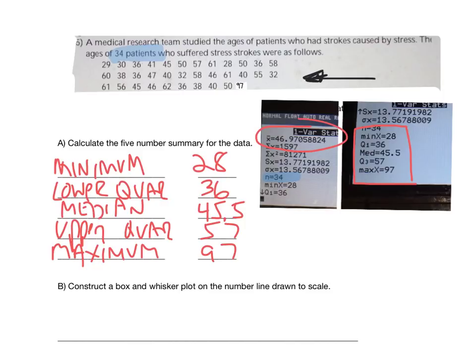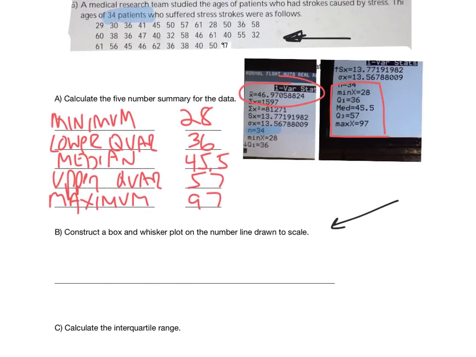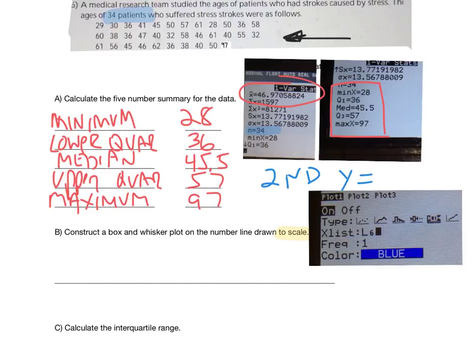And we're going to construct now a box and whisker plot. And we're going to construct this box and whisker plot, as it says, to scale. So we're going to press second and Y equals to go to our stat plots. The box and whisker plot is the 5th type of graph that you see, or for those of you using the older versions of the calculator, the bottom middle type. Make sure the X list matches the list in which you entered your data. And